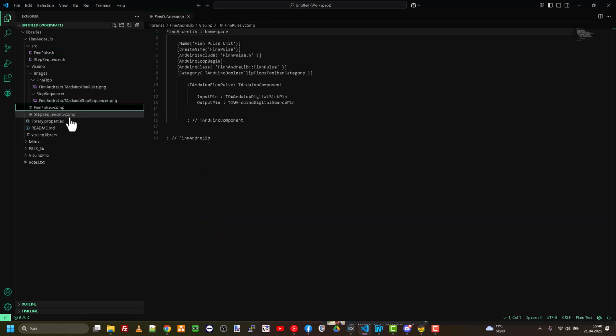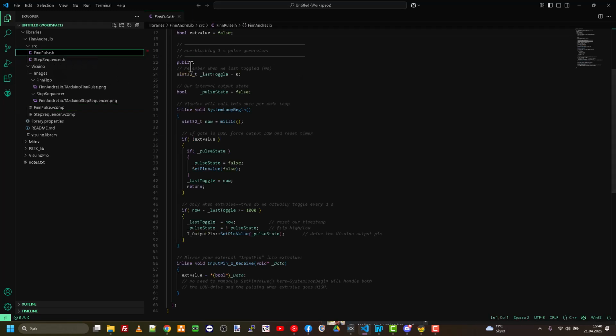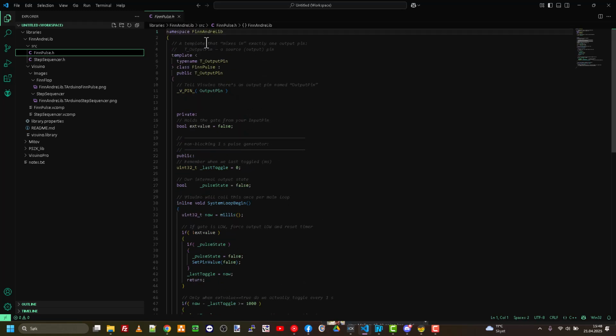Looking back in the vcomp file again, we have the Arduino class here. As you can see in the H file, we define under the namespace a class name. We define the output pins like this. And then under a private section, it can be private or public,